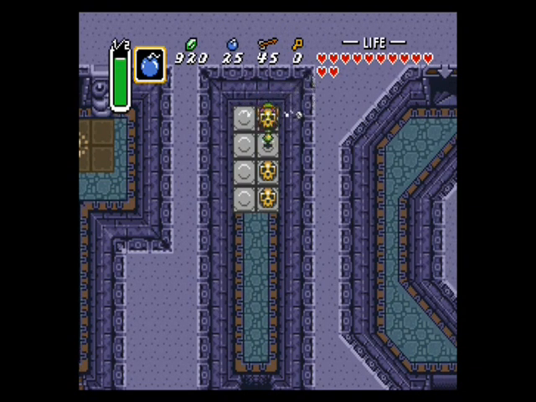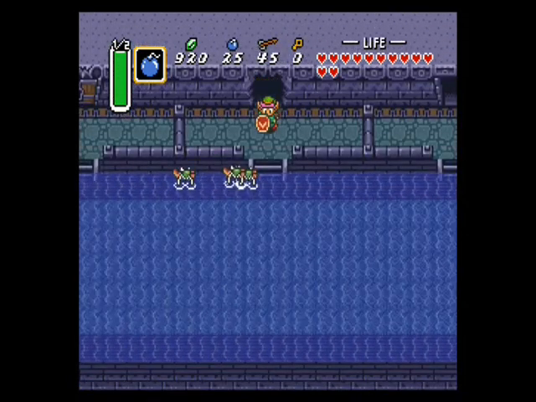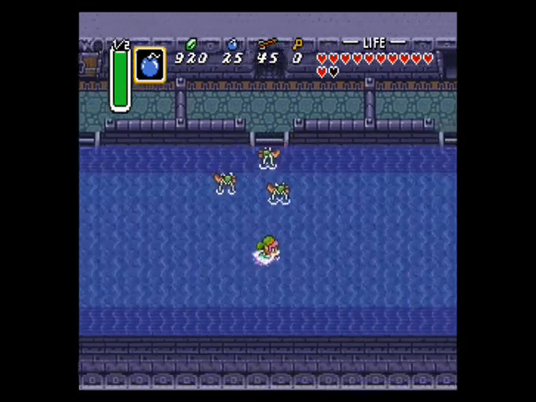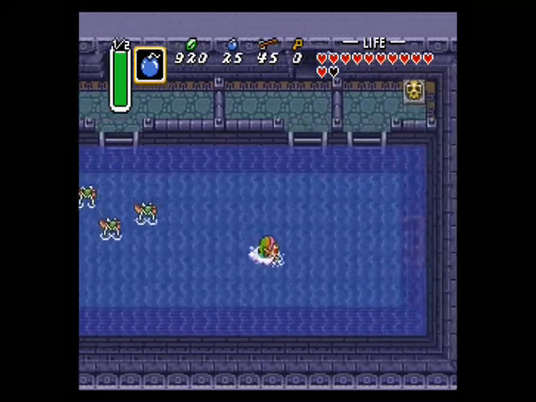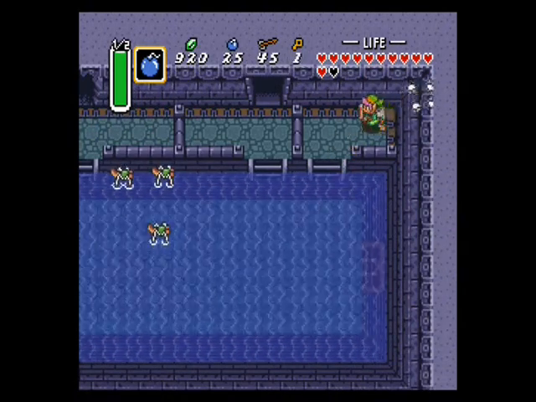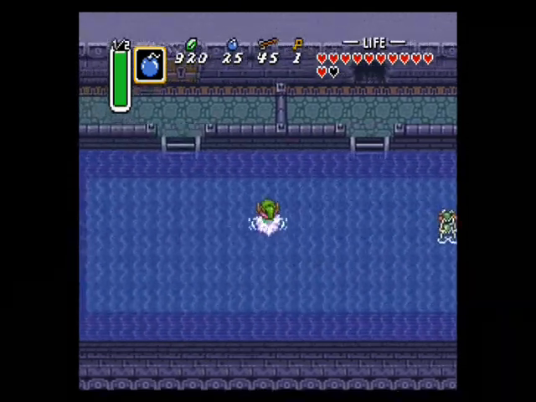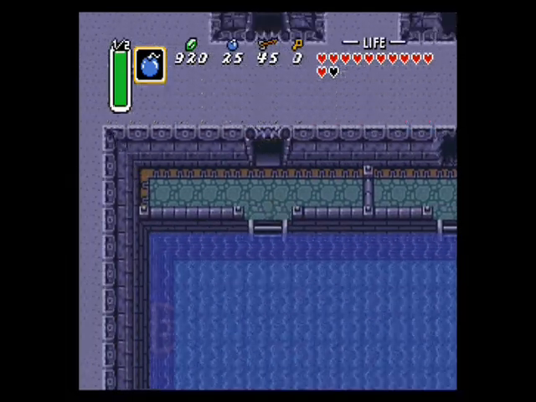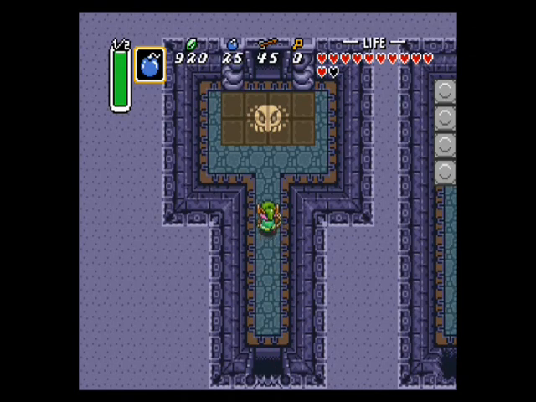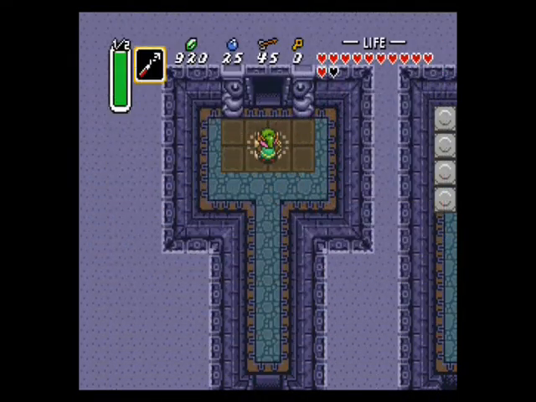What you're actually supposed to do is swim over to the far right on that layout just to get that key, but I didn't even bother to do so because I kind of forgot what I had to do, and then I had to look up the Zelda dungeon guide, and that's what you had to do. Just pick up that key like that. So yeah, I kind of did screw around right here, but anyways,